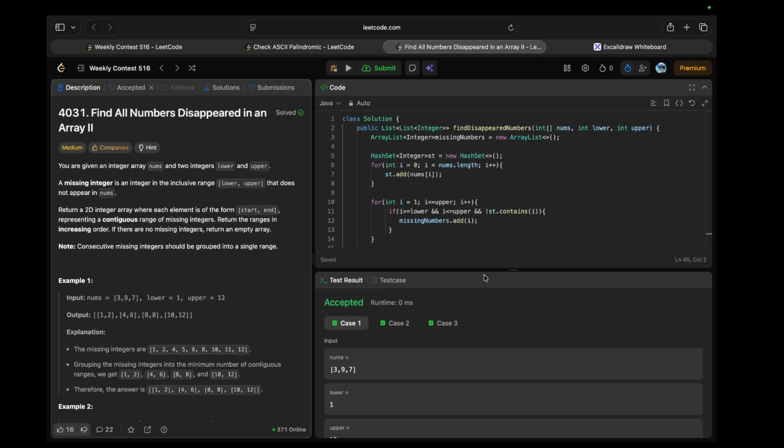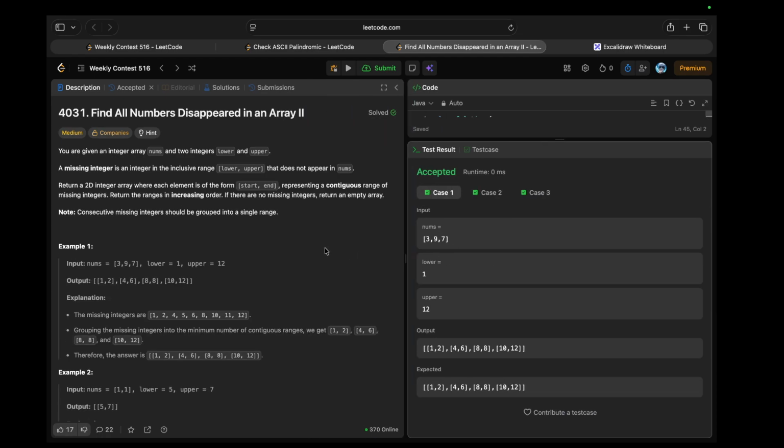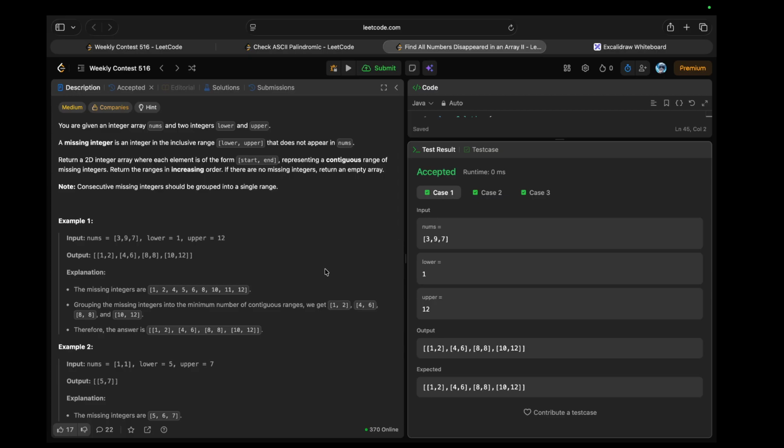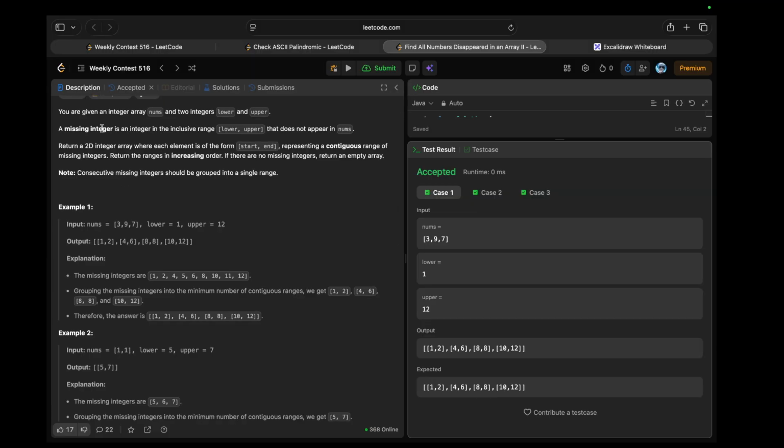Let's move to the second one. I don't think I need to explain it on Excalidraw even for this particular problem, but if there is any point where I realize it's needed, then I will try to use it as well. So this is the problem: you are given an integer array nums and two integers lower and